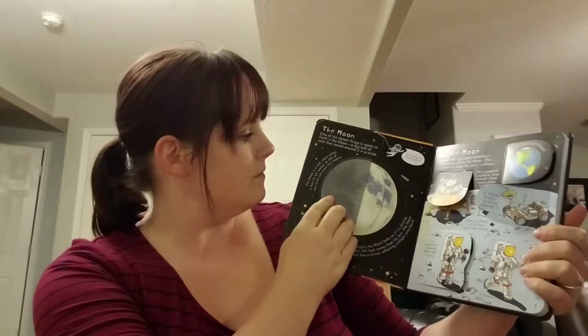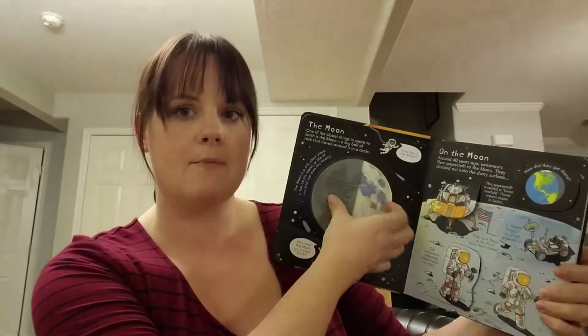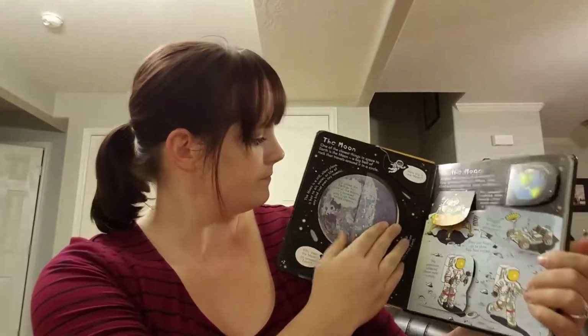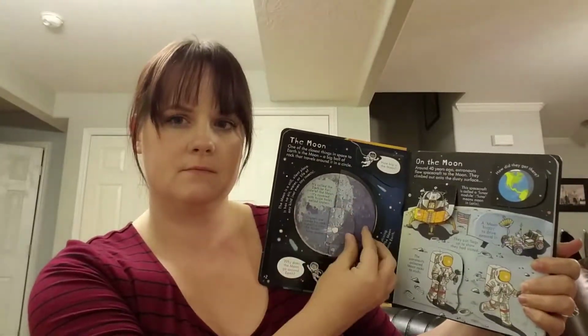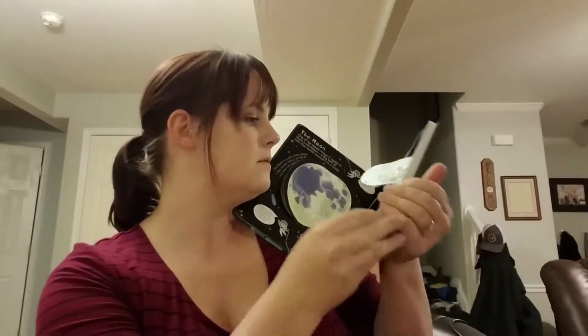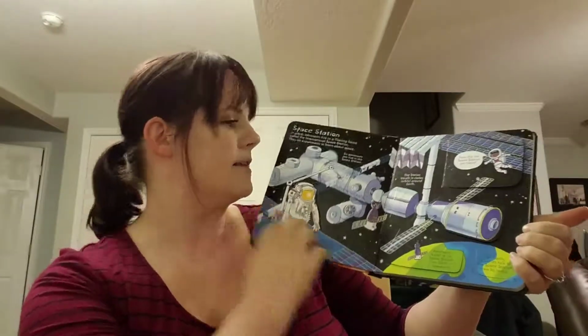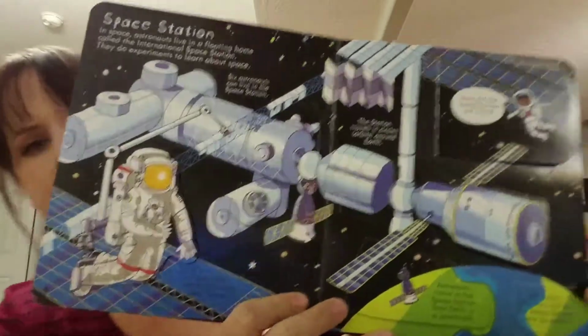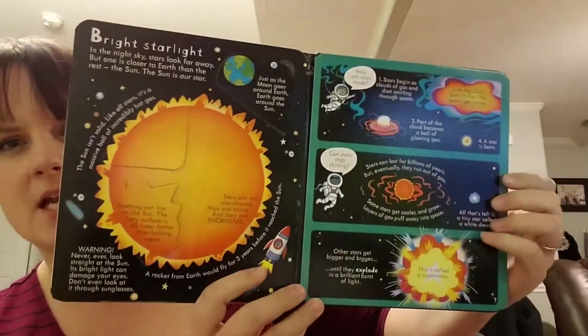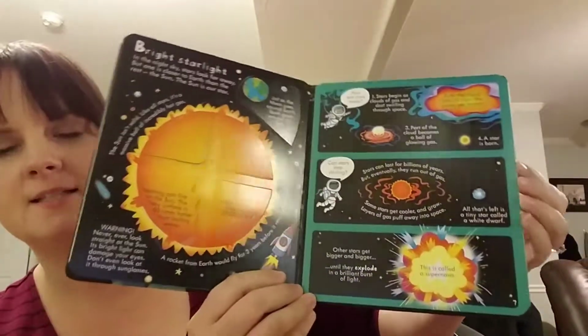And then the moon, and then another flap right here. Really neat book. Talks about on the moon, on the space station, the sun, the different planets,